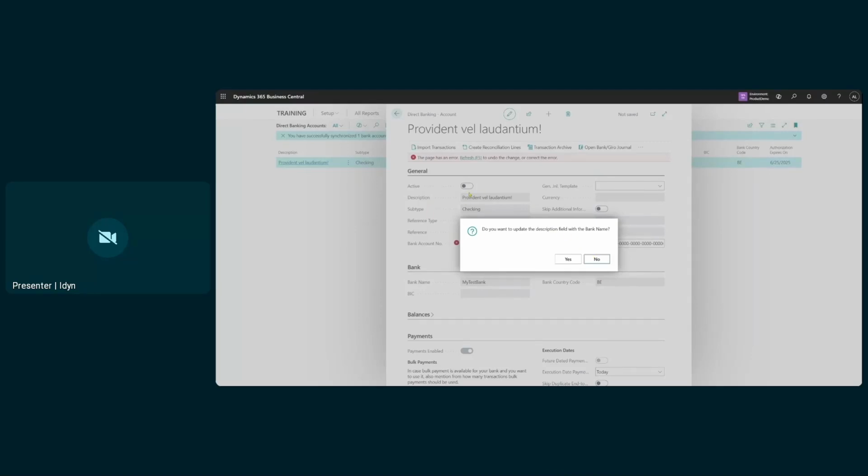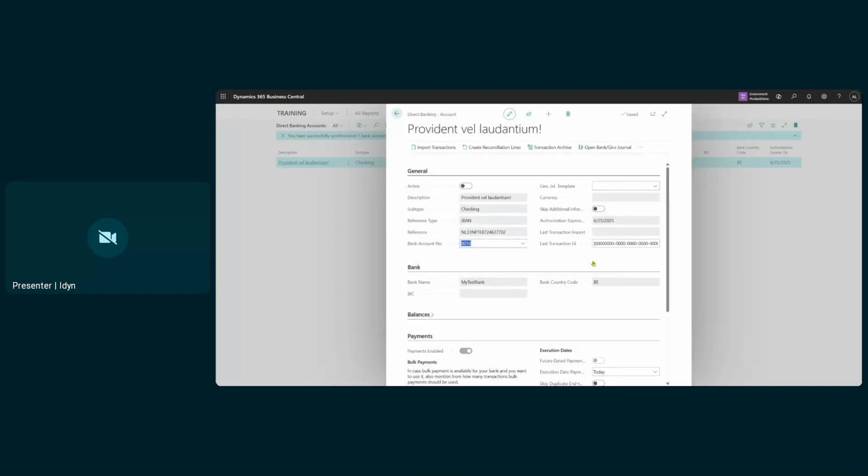Yeah, we can update, of course, the name with the name of the bank account in Business Central. This is a choice that we can show. This is the name of the bank in Ponto. If I just want to have the name for the bank account in Business Central, I click yes. If I want to use this name, I click no. I will just leave it like this. Right now,